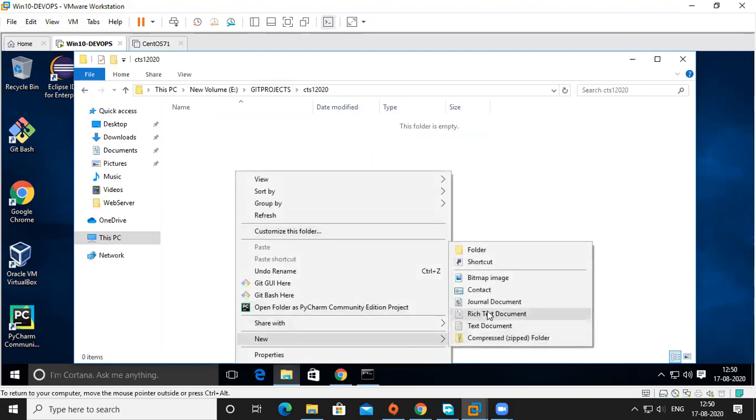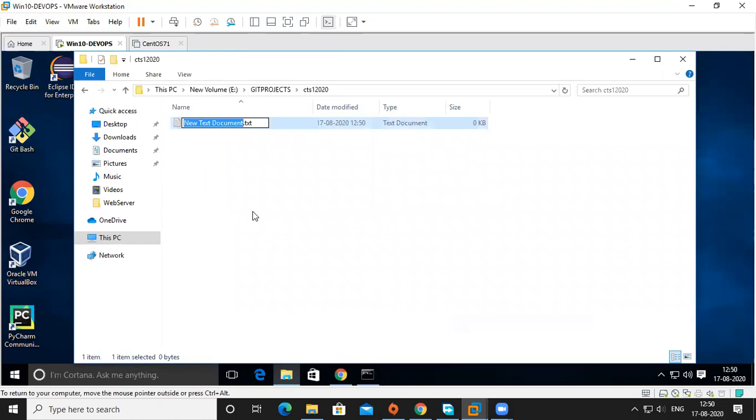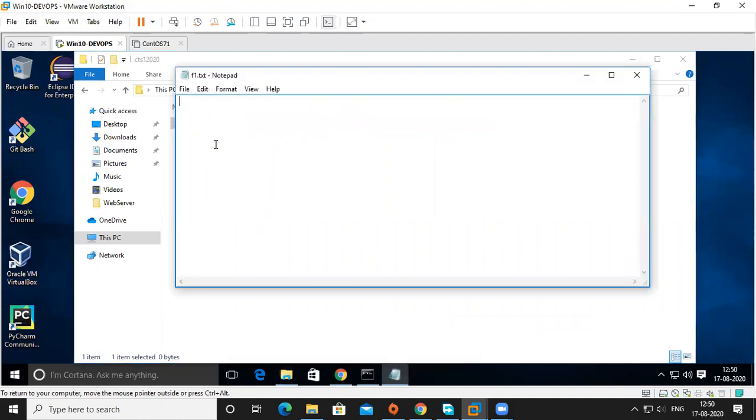Okay, so I'm going to create a file here, just a file. Okay, it's F1. Okay, F1 file. A new project by CTS ITIS 1 2020. Okay, so some data is there.